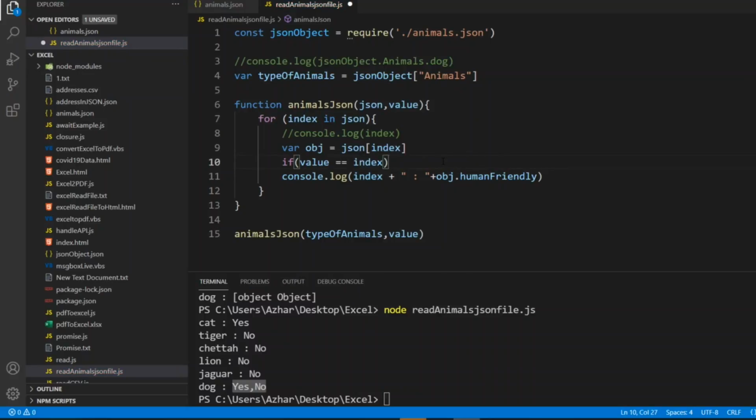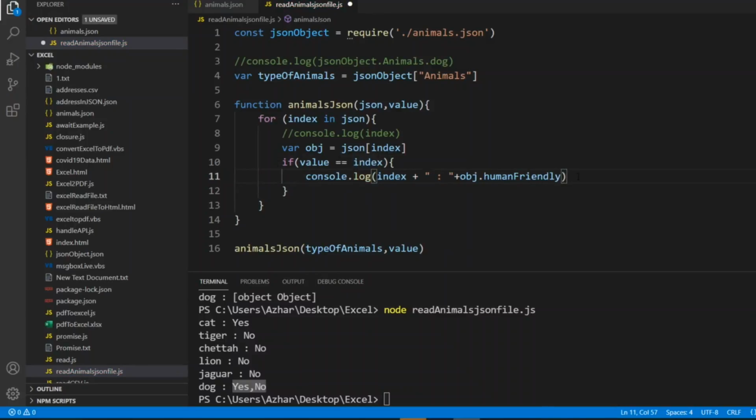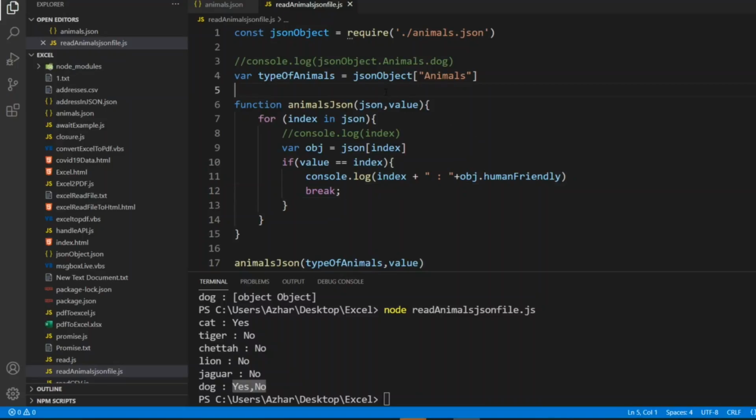And instead of running the loop entirely, once we find the value and print it, we'll break. So value we'll pass it here. Let's take value as cat. You can dynamically pass, and also I'll write here is human friendly.